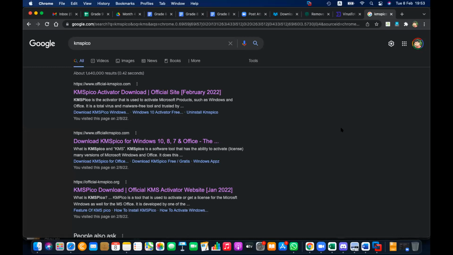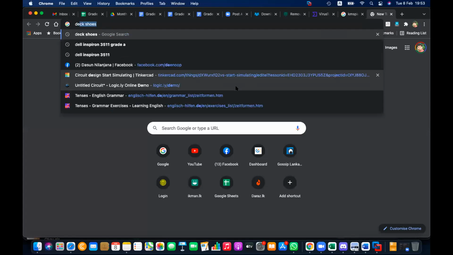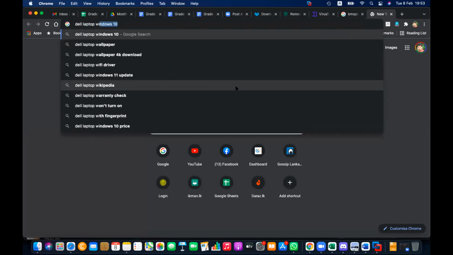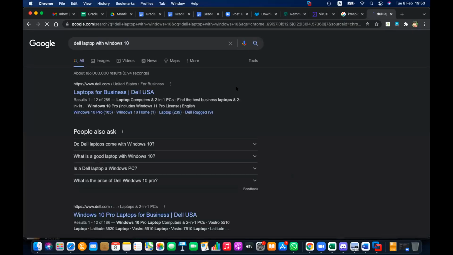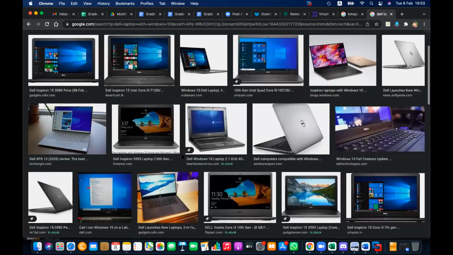If you have a digital license, and the license comes from Microsoft, that is original. Also in some computers, the license key comes with the computer, like a Dell laptop with Windows 10. So they have an agreement with Windows 10, and on the laptop itself, the Windows 10 license key is pasted.